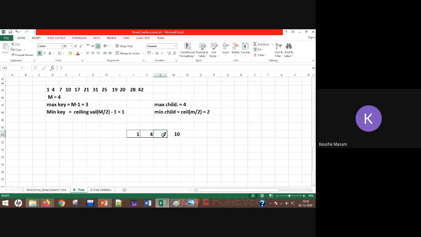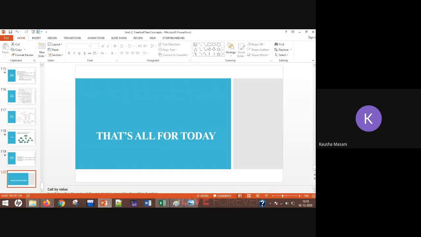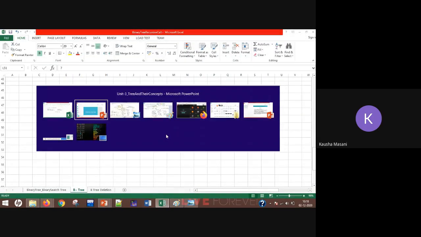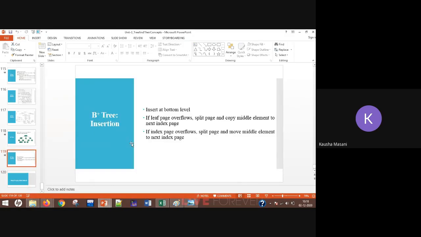So what my rule says in my PPT, the rule says that if leaf page overflows, split it and copy the middle element to the next index page. Okay, so मैंने split कर दिया. ठीक है, तो अभी where is my 7?